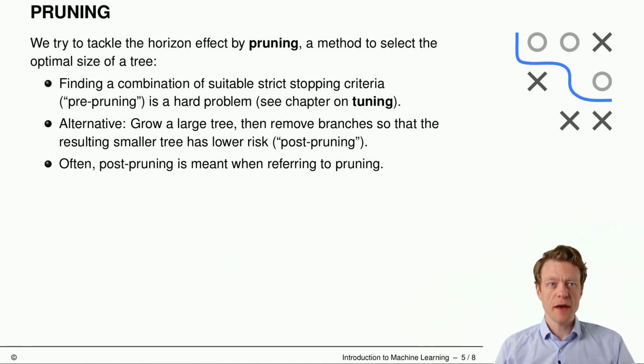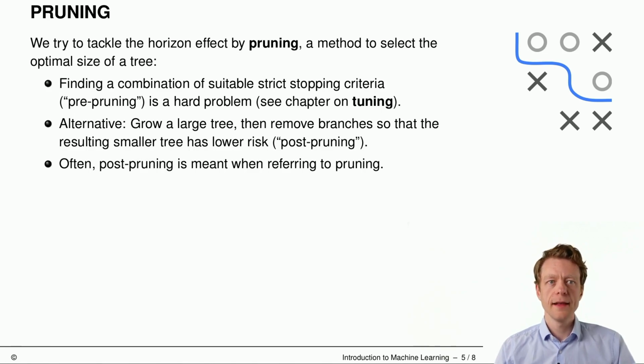So pruning is a method to select the optimal size of a tree, and we want to tackle the horizon effect with this pruning method. We could do something like pre-pruning, which is finding a combination of suitable strict stopping criteria via tuning, for example. The alternative, so what I told you on the stopping criteria slide: we have a very large set of different stopping criteria. We could just try out everything via tuning, and see which stopping criterion